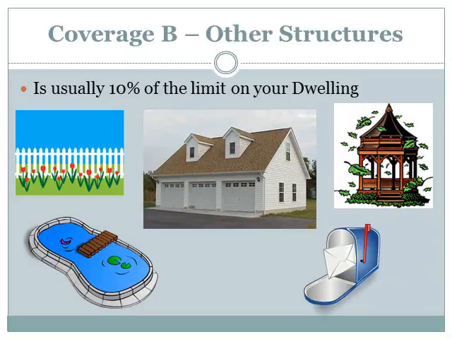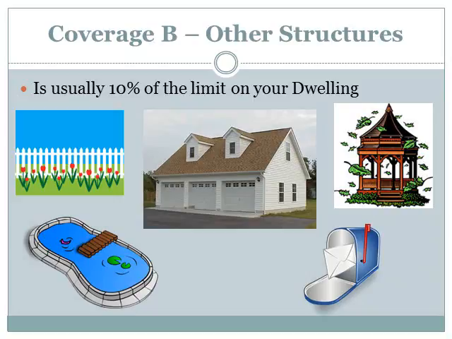The next coverage is coverage B, and that is other structures. Other structures is covered for 10% of whatever we had our dwelling insured for. So, for example, if we had $200,000 in coverage A dwelling, we would automatically get 10% of that, or $20,000, on our other structures. And I have some pictures of them here: a detached garage, a fence, a swimming pool,